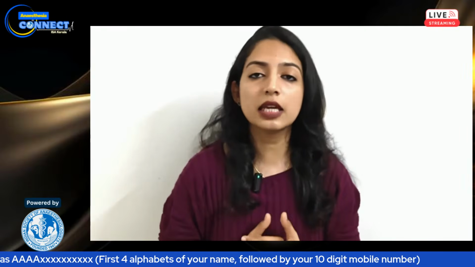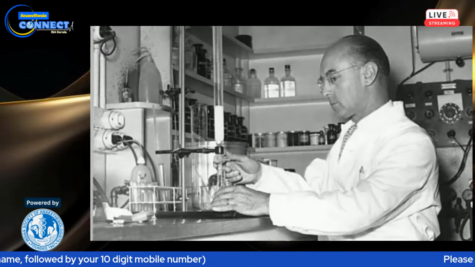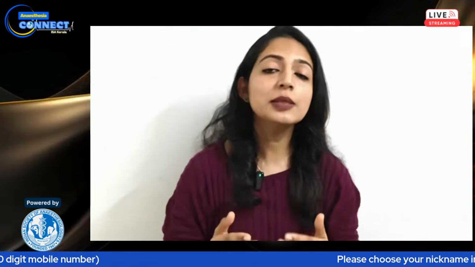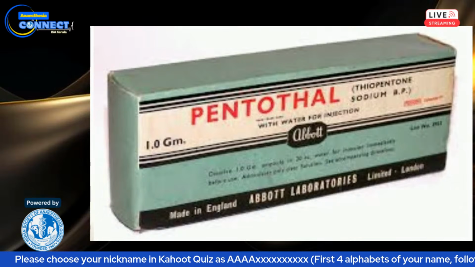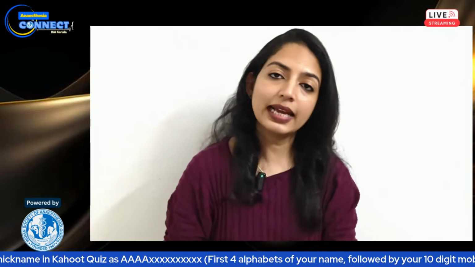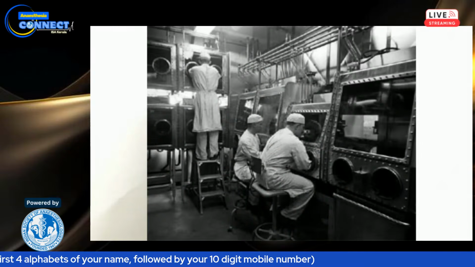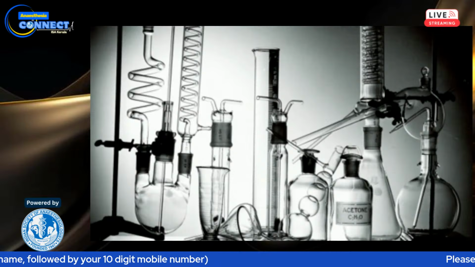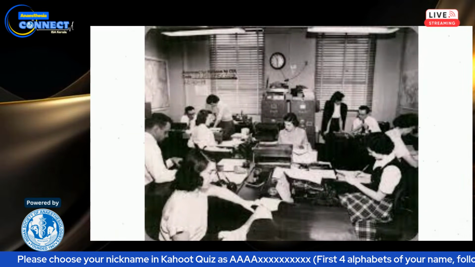So by the 1930s and 40s, scientists were isolating and synthesizing a new class of sedatives and psychoactive compounds. This period coincided with the birth of modern anesthetic agents, such as thiopentone in 1934, the earliest barbiturate anesthetic. During the Second World War, both Allied and Axis intelligence services toyed with chemical drugs in interrogations, hoping that these chemicals might extract valuable information or break resistance. These were crude methods, nothing systematic, but enough to spark post-war interest among intelligence services.